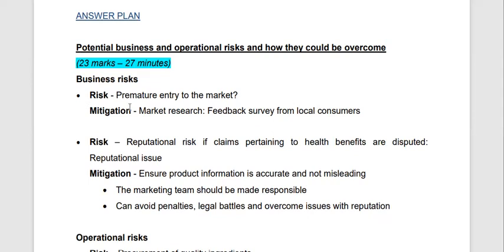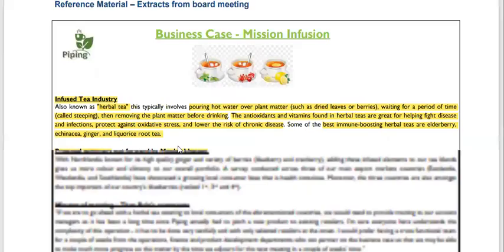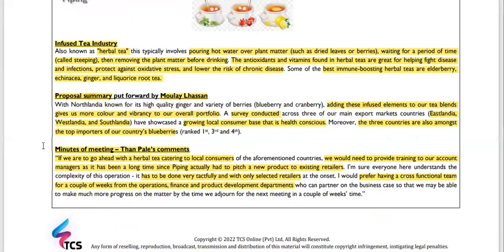Risk number one, premature entry into the market. Yes. So we have not dealt with this market previously. We don't have any experience in this market. And I feel that based on what is provided in the reference material, no mention is made about the demand for infused tea within the three countries in which we are going to sell it: Eastlandia,